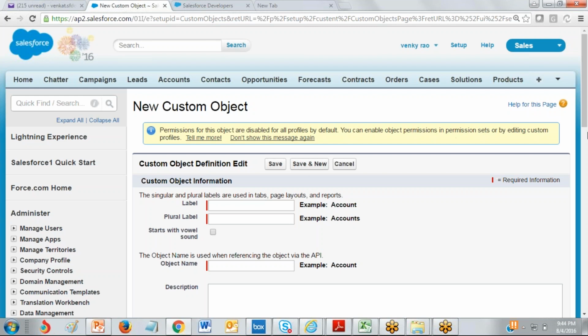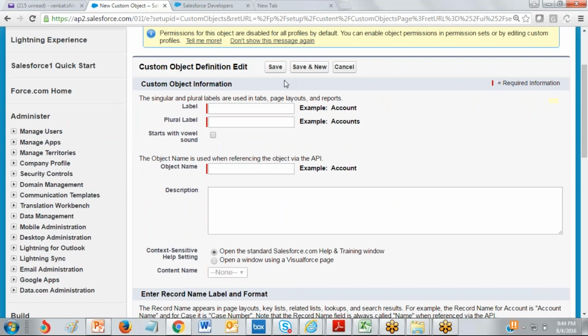Okay, here I'm going to enter the label. What is the label? It's the user display name.